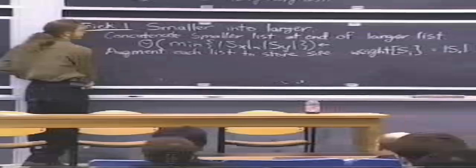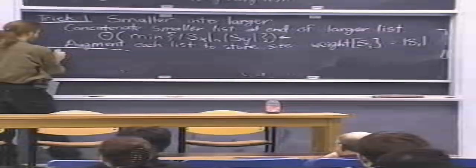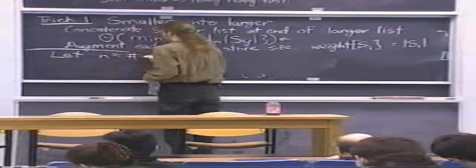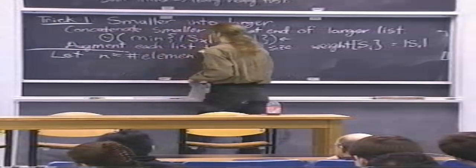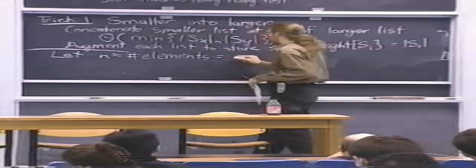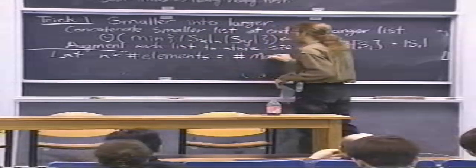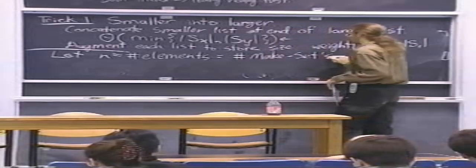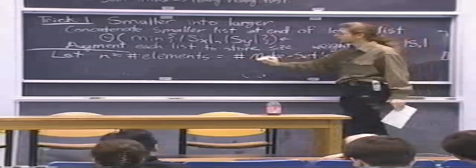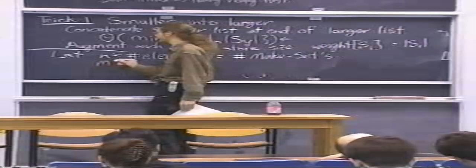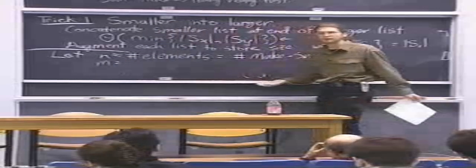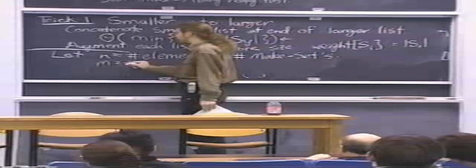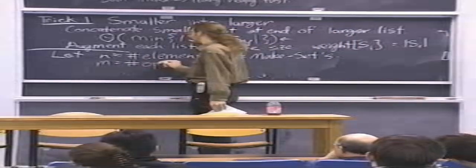I need some notation. So this is global to everything we'll see. N is the number of elements. So that's what I've been talking about. Another way to say that is the number of make set operations, because that's how I get elements into the system. Okay, but in addition to the number of elements, I care about how many operations there are. I might only have 10 elements, but I do lots of finds. I could do as many finds as I want. So that's going to contribute to M. It's the number of operations